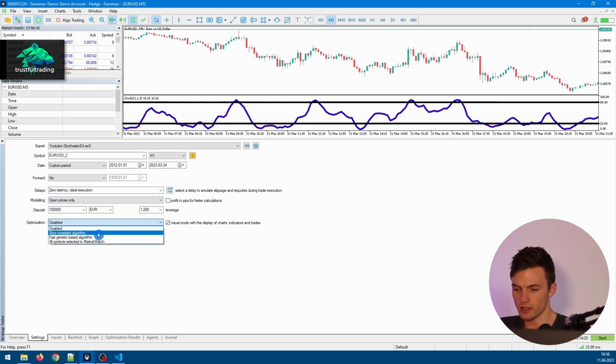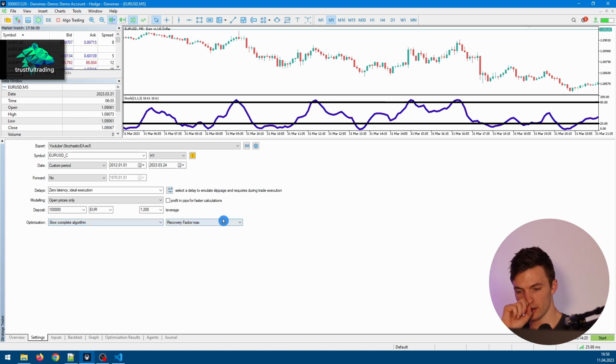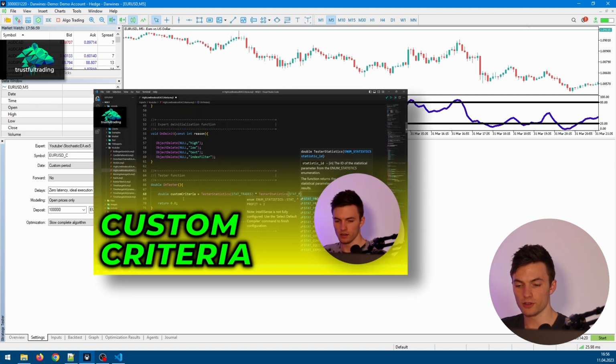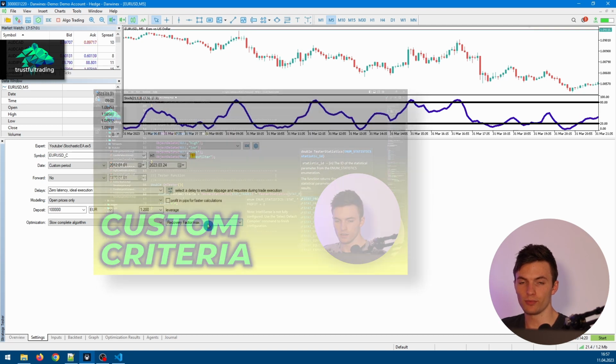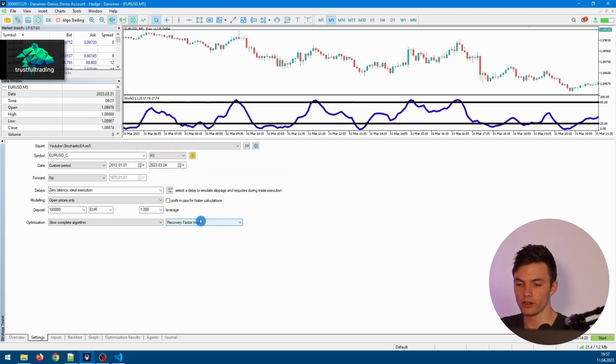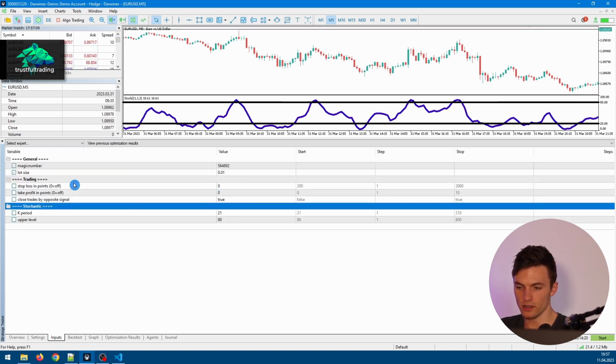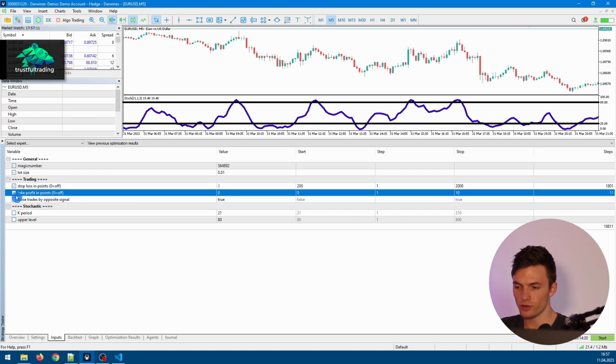Here now I will select fast genetic algorithm, or let's just do a slow complete algorithm optimization. I will use the recovery factor max. I also showed you in the last video, I think, how to code your own optimization criteria you can use for your optimizations. But for now, let's just use the recovery factor max. And for the inputs, let's optimize stop loss, take profit,